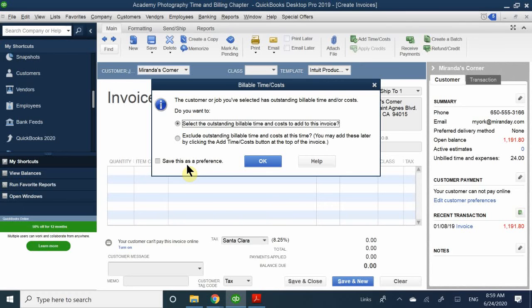But if I do it in reverse and report my invoice first, it's going to show up complete and this window wouldn't even show up. So be careful about the order you do it in, because your books will recognize one and not the other. I'm going to click OK,